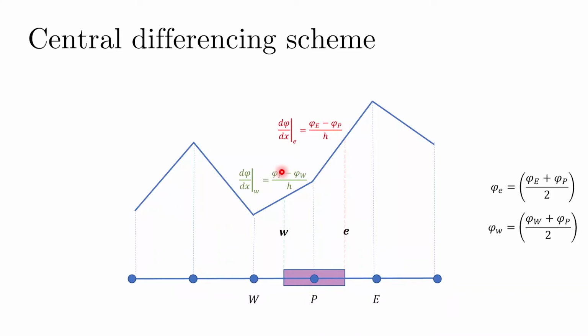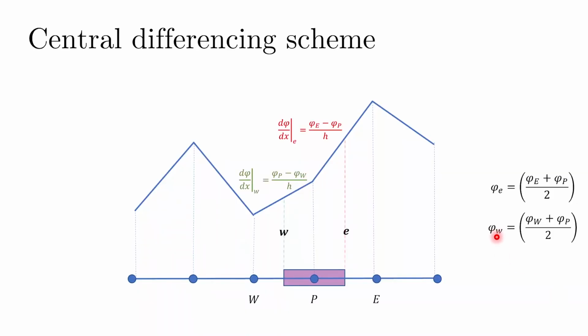So this is nothing but just linear profile fitting between any 2 grid points, and you can see that if we have a linear profile between capital P and capital E, that is this particular line, the slope of which is given by this, then we can also define phi at small e. So phi at small e becomes the average value of the grid points surrounding it, because it's a linear variation. Because the linear variation is there, that is why we can write it this way. And I'll show you very shortly why I'm talking about phi at small e and phi at small w.